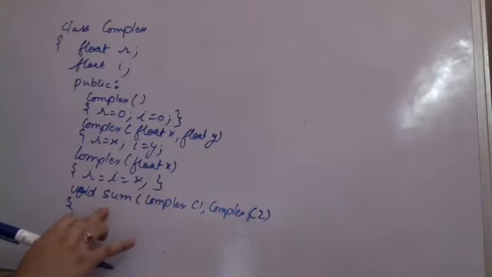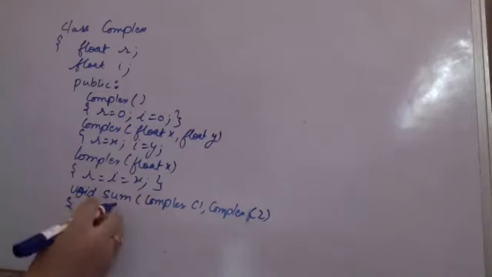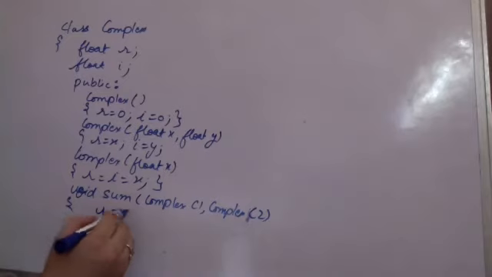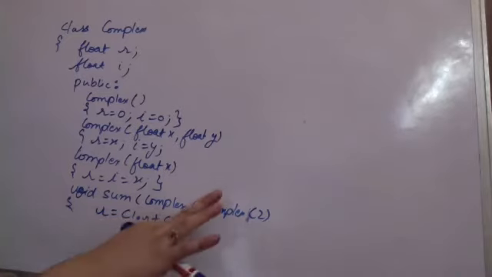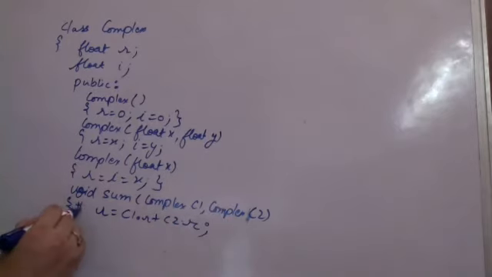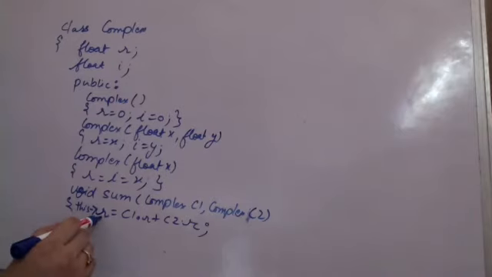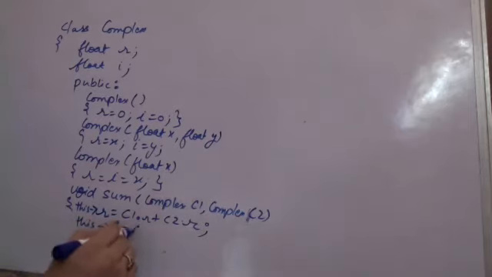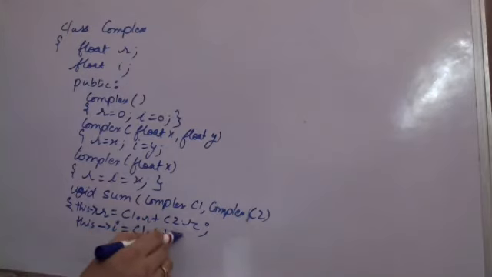Third is the one which is calling. So how do I mention the real part is equal to C1's real part plus C2's real part. Now there are a lot of R's here, a lot of objects involved. So to clarify this, we use the this pointer, and whenever I'm using pointers to refer to any data member, we use the arrow operator instead of the dot operator. So this R is C1.R plus C2.R, and this imaginary part is equal to C1.I plus C2.I.